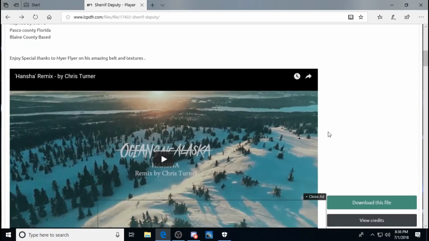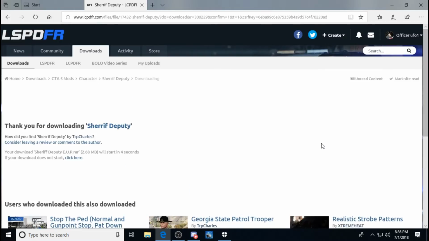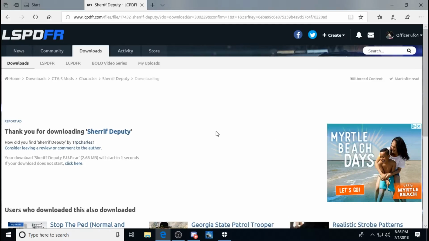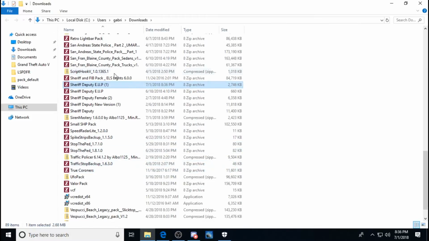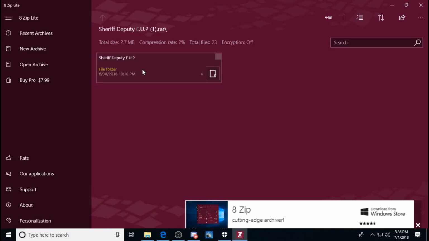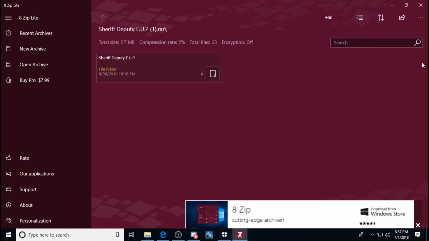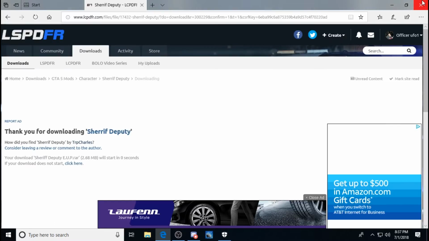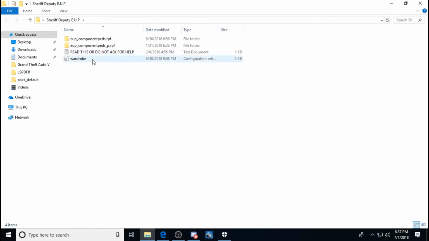Okay. Next, we will do the EUP stuff. Click Save, click Open File Location. Again, it's an RAR. Interesting. So we'll open it up. Extract it to the desktop. Select folder. Oh, okay, it does include a wardrobe file, 63018. So it's got to be new. Okay, so what we're going to do